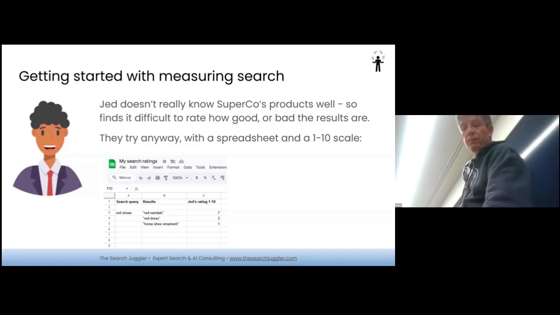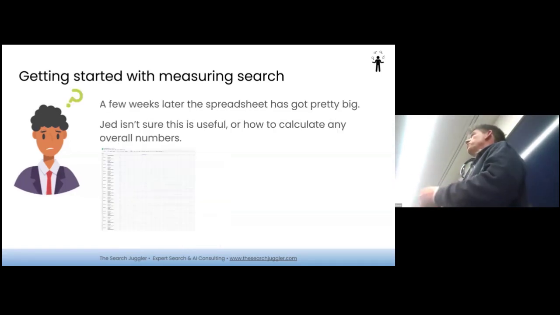Now, Jed carries on doing this for a few weeks and then ends up with a massive spreadsheet of doom. And the inspiration for this is actually a real case. I don't know if Alan remembers, very early on, maybe about 7 or 8 years ago, we had a client who was a global electronics company. And they had a team of 7 people who all they did was test search queries in 5 different languages, including Japanese, which it didn't really work with. And they came up with a spreadsheet of, I think, around 10 or 15,000 queries. But every one of those queries was tested by hand, and then they marked how good the results were on a giant spreadsheet. And then they emailed that to the lead search developer and said, hey, go fix search.